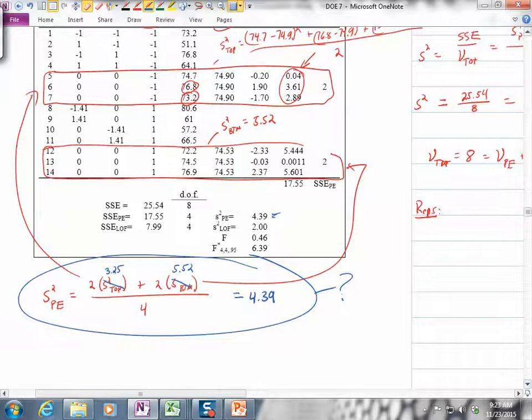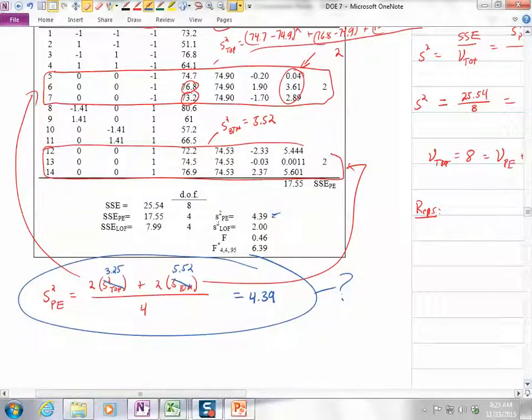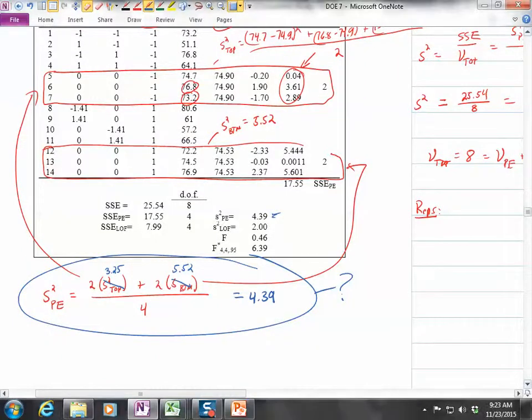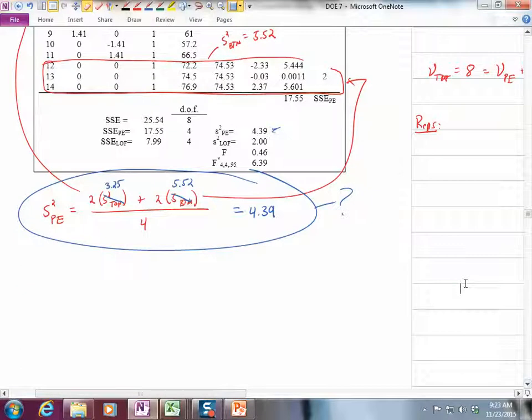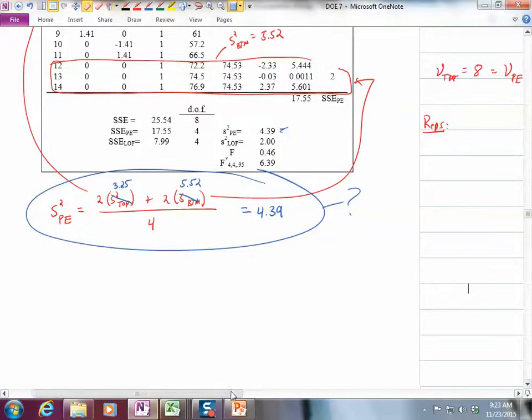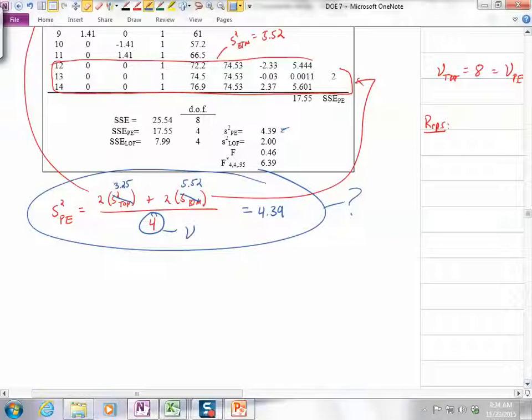If we had replicates elsewhere, well, we just add more terms and pool them all together. So that's the variance that we say, here's the variance of individual measurements, and we have real replicates, so that's a really good estimate of the variance of individual measurements. And now we say, well, our regression also estimates the variance and how close it gets to points. Let's see if that works as well. So, we have degrees of freedom of our pure error is 4. So therefore we can say